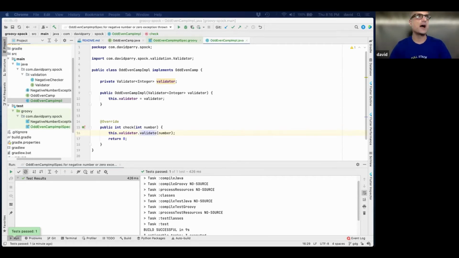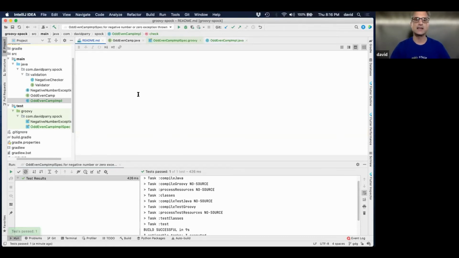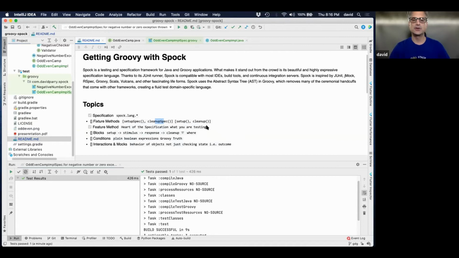But I'm going back to now my notes and the topics. We talked on the setup spec, the cleanup spec. We showed, I got those. We'll hit on those a little bit more. So I'm going to keep that one out of the checkbox. But we really did hit on a little bit of the heart of the specification and what we're testing. So I'm going to go ahead and say we can at least say that we did testing and hit the specification. Now what we're going to do is more of, okay, the setup, the stimulus, the responses, and the cleanup from that.